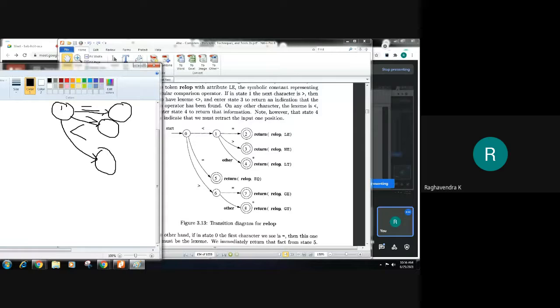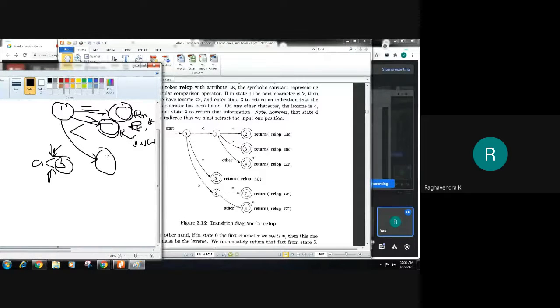For example, if I read an equal to symbol, then I know that I have read a less than or equal to symbol. In this case, I will return that I have read a relational operator, less than or equal to. If this is the case, I will be returning relational operator again, but this time it is not equal to. If I read anything else, for example if the statement was A less than B, I have already read the less than symbol, but then I am reading a character which is not a part of any pattern related to relational operators.